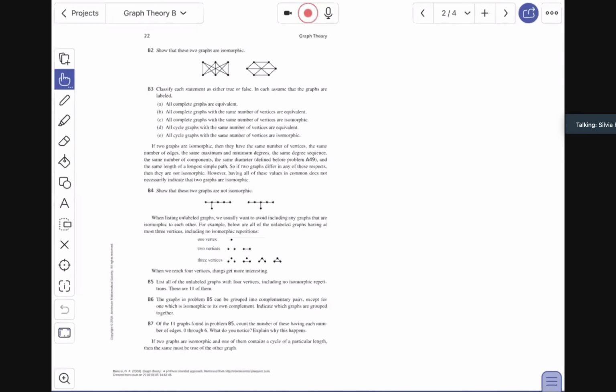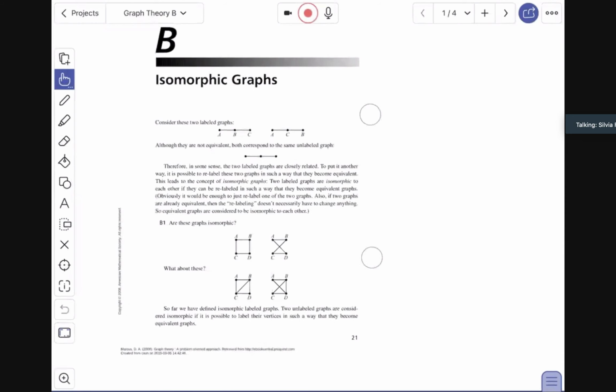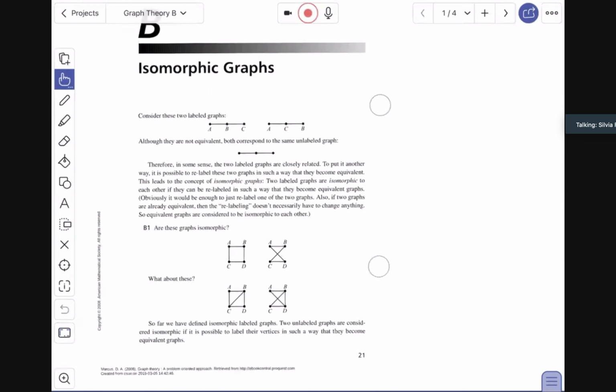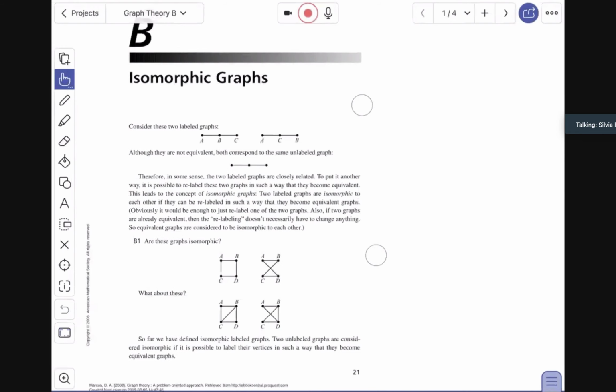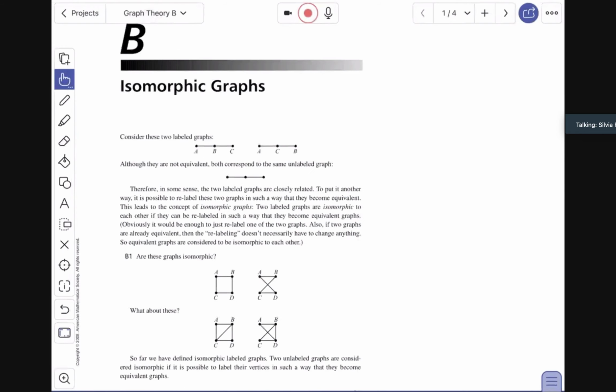So this is section B. It's a very small section, but some of these proofs can be challenging. So here we talk about equivalent graphs. Equivalent graphs actually already have labels, and you have to check that you actually have the same pairs of vertices joined with edges, right? So like here you have AB, here you don't have AB, so these 2 graphs are not equivalent